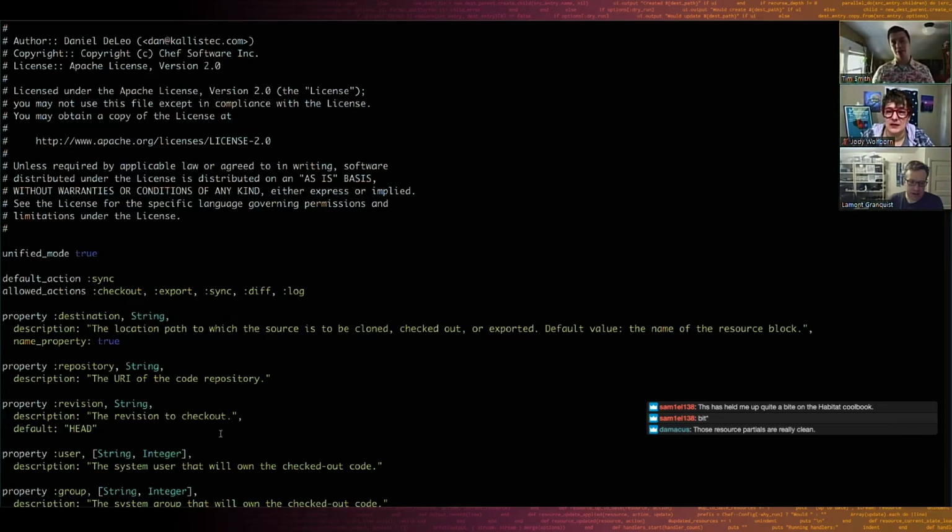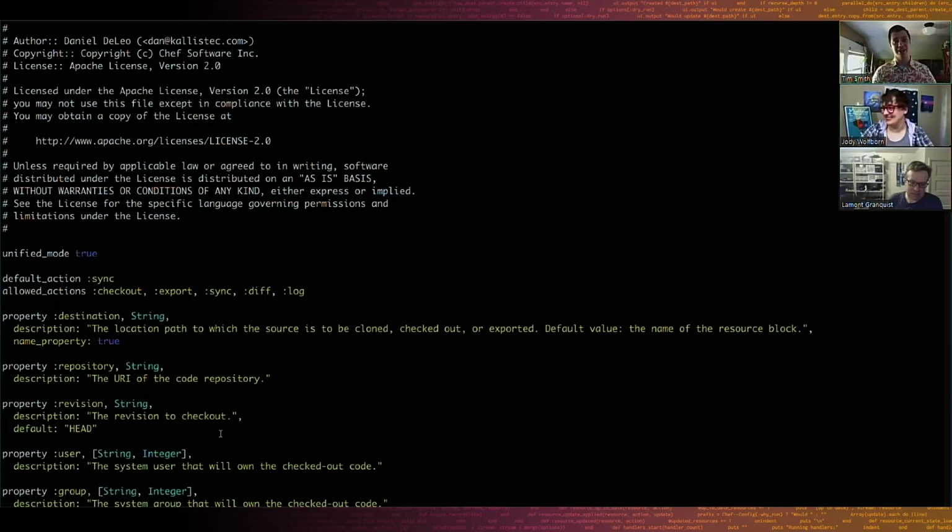Another place I really want to use this is the Docker cookbook. There's a huge number of properties there that are just about setting up Docker connections. Like, how do I auth to Docker? It's the same kind of stuff. You have to do all this input validation and coercion on some of the data, because it's a pretty complex resource. The way to do it before was to write the HWRPs, and it was terrible. So this lets you do it the right way, the native way, and a nice repeatable way in our DSL. Nice.